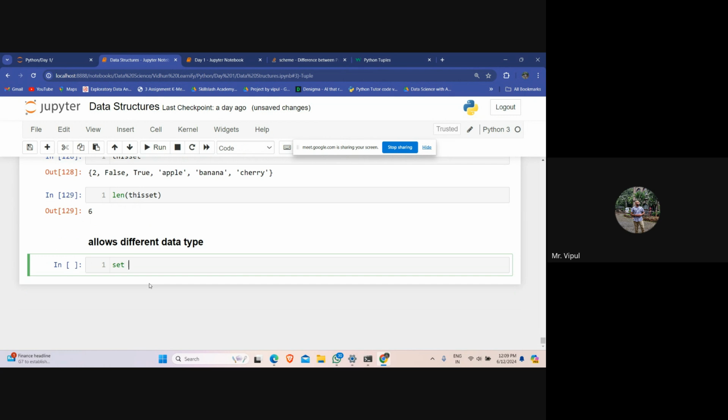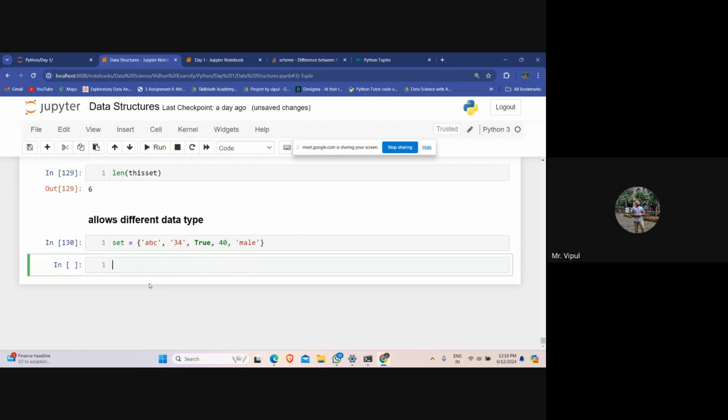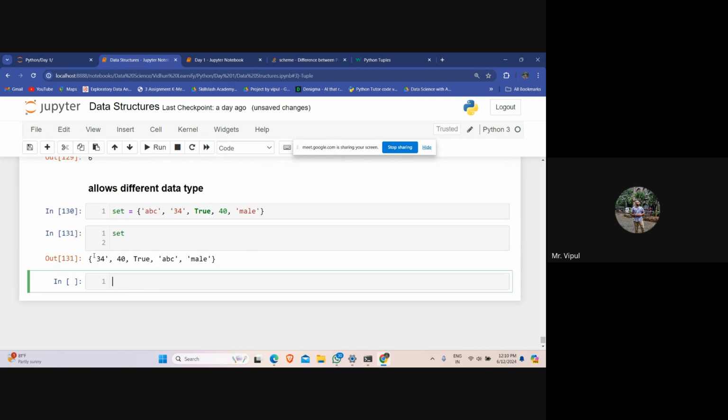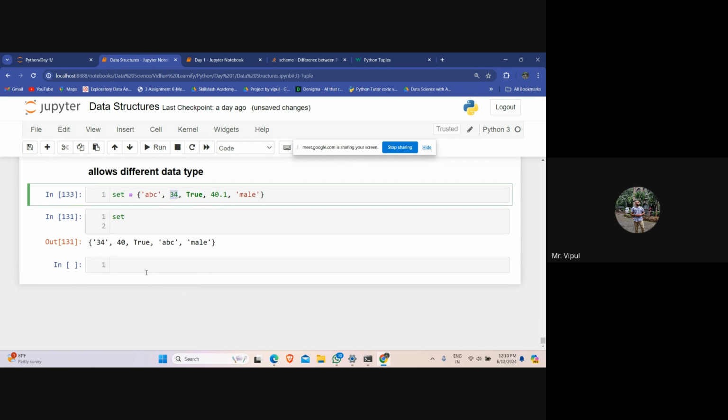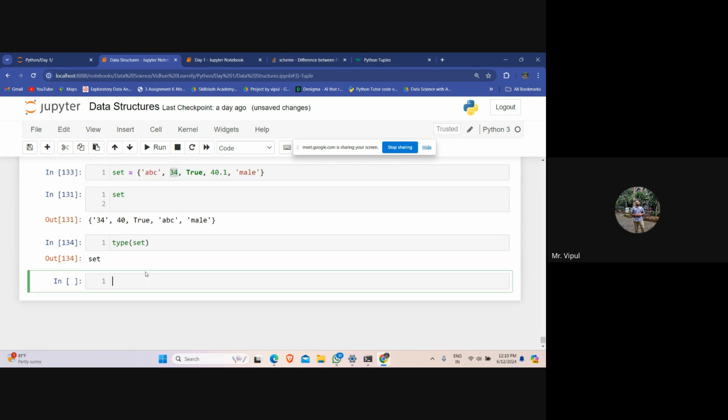Set is equal to abc, comma, 34, comma, True, 40, 40.1, let's say. Let us go for 34. Now if I check what is there in the set, it allows different data types, right? So complex numbers and integers it takes. And if you write type of set, it will be set, right?